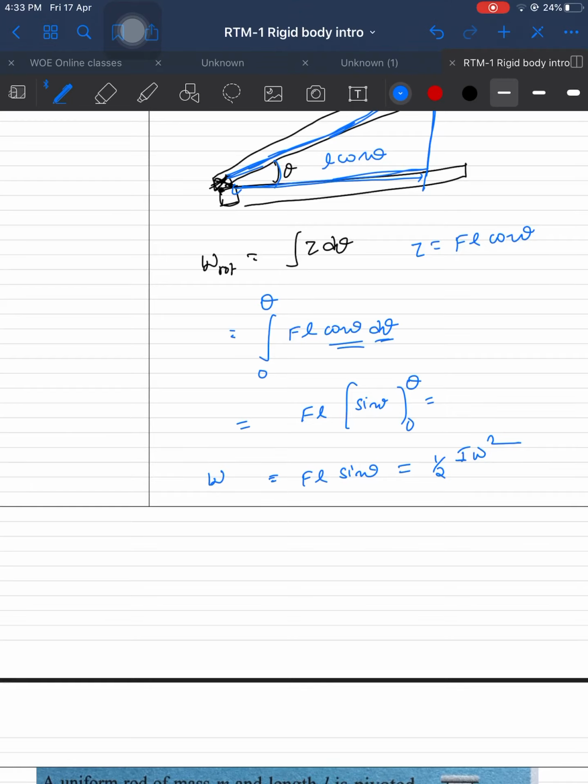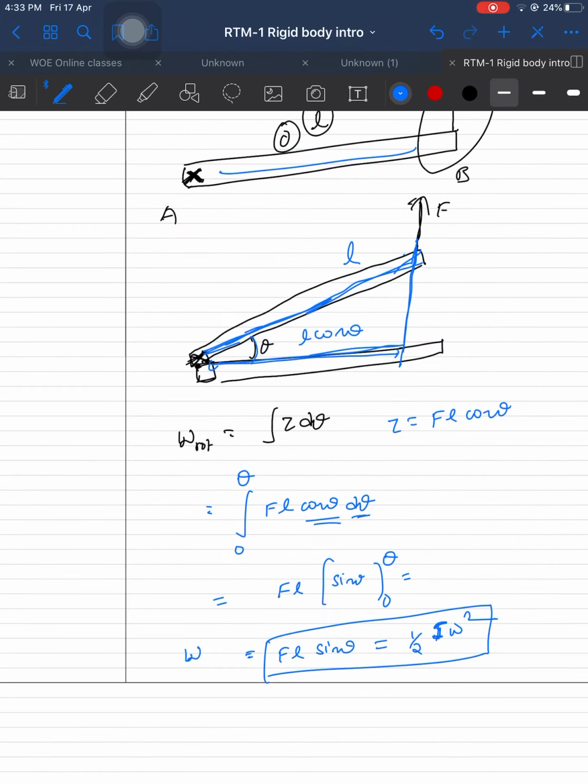Kinetic energy, when you are writing this part, remember, he did not ask for translatory kinetic energy or translational kinetic energy. It's not about that. It is about total kinetic energy. When you are writing for a body, listen attentively to what I am saying. When a body is fixed about an end, when you are writing the work energy theorem, the moment of inertia you should take is about this end to get the angular velocity.